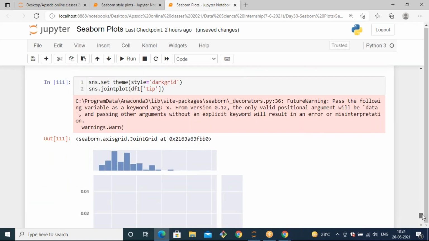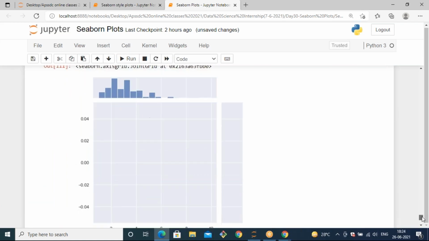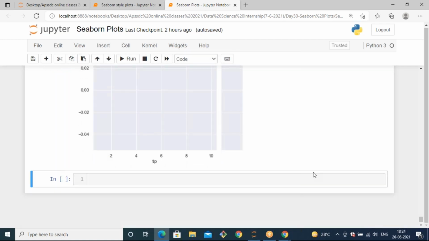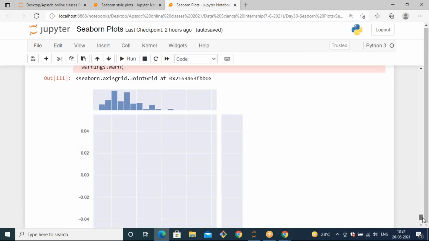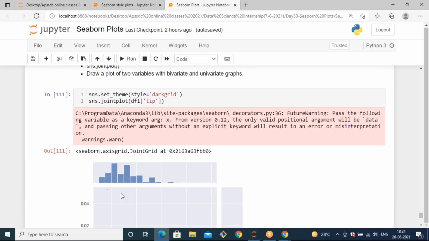You're going to see two plots together. One plot is outside the margins like this, and one plot is in between. But inside this plot, you will not get any points because it is continuous data, and tip is continuous numeric data. We are not telling it which format, and based on that, it will generate only a histogram, because a histogram is a combination with an inbuilt scatter plot.